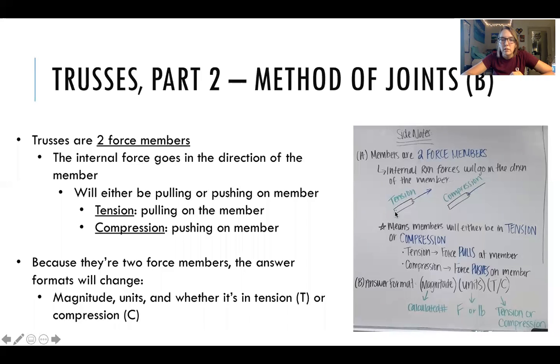So if that's the joint, you're either going to be pulling the member in tension away from it, or you'll be pushing the member into the joint in compression, right? So again, tension means pulling on the member, compression means pushing on the member. So because of that,